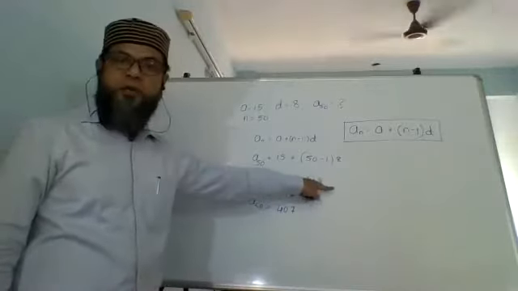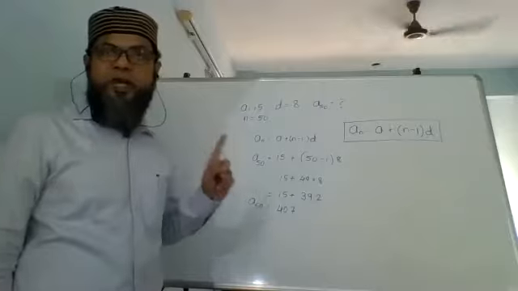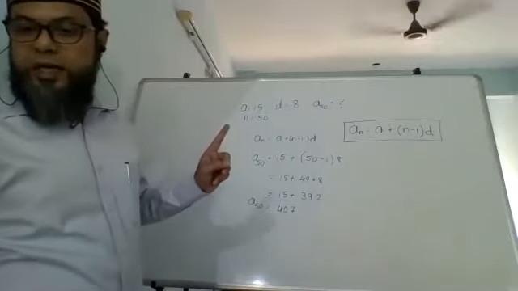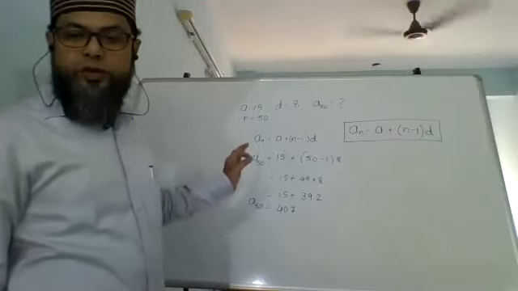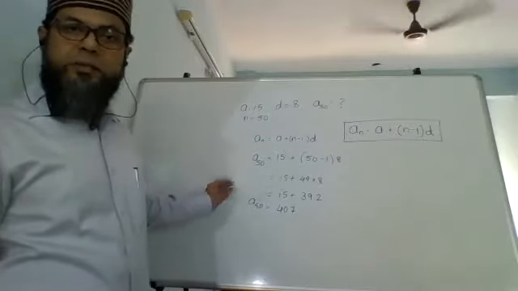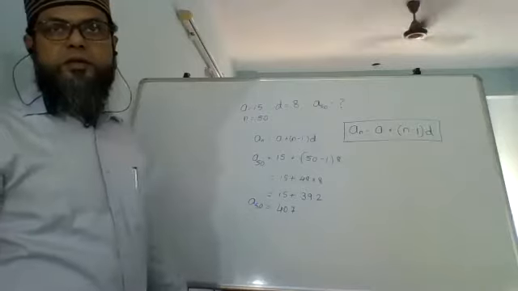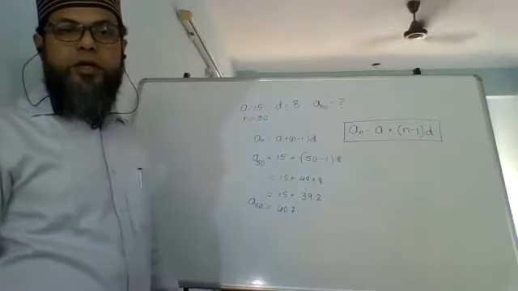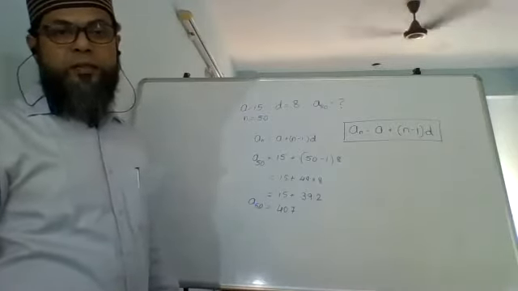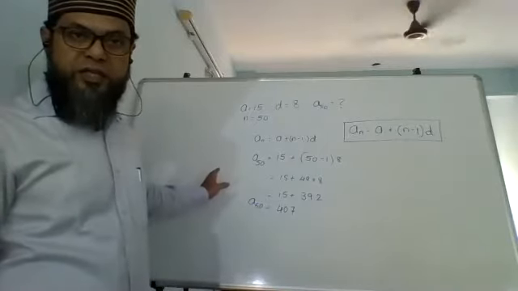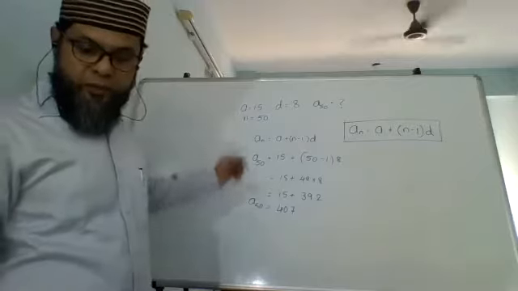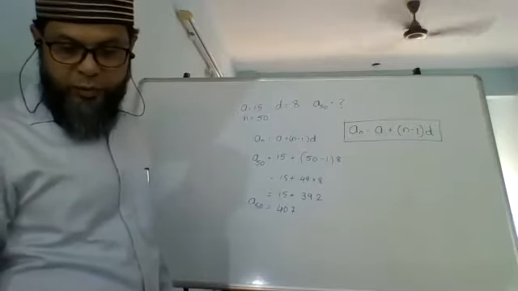पहले add करते हैं फिर multiply करते हैं. Don't do that. Be very careful. Simple sums रहते हैं, लेकिन छोटी छोटी गलतियों में बड़े बड़े मार्क्स हमारे चले जाते हैं. So छोटी छोटी गलतियां बहुत बहुत महंगी पड़ती हैं. You have to be very very very careful. Are we clear with this? You want to write it down? Please write it down. Then we are going to look at one more example.